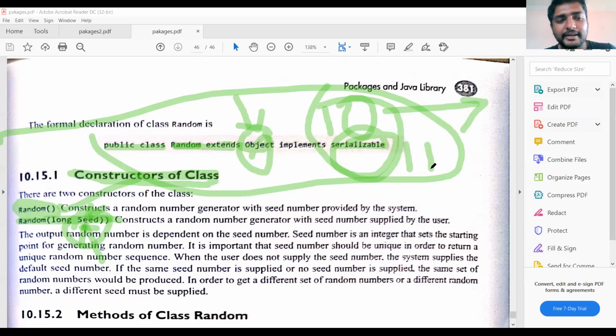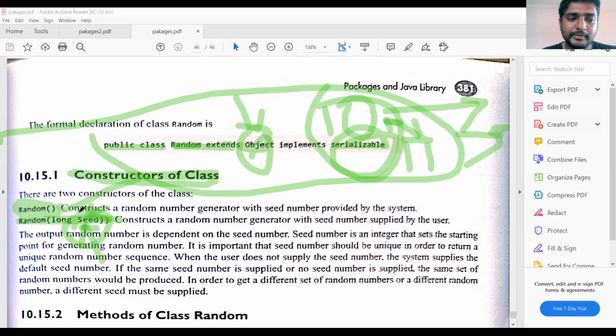If I change the seed value from 10 to 11, the entire set of random numbers is different. There is no comparison between these two seed values. So if you change the seed number, automatically the entire random numbers vary.